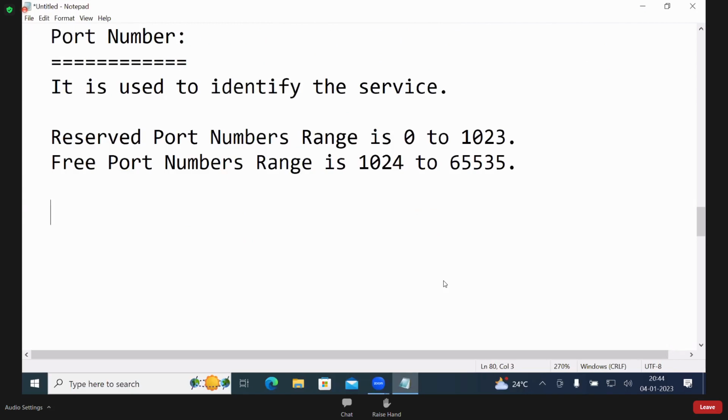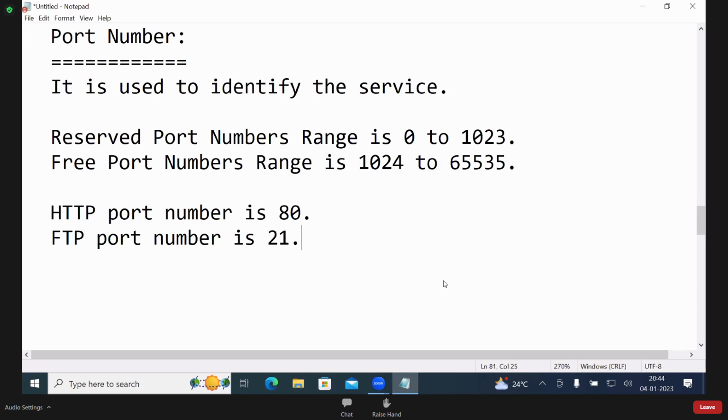See, HTTP, Hypertext Transfer Protocol. The HTTP port number is 80. FTP, File Transfer Protocol, is 21. Like this, numbers are there. The Telnet port number is 20. Like this, many are there.